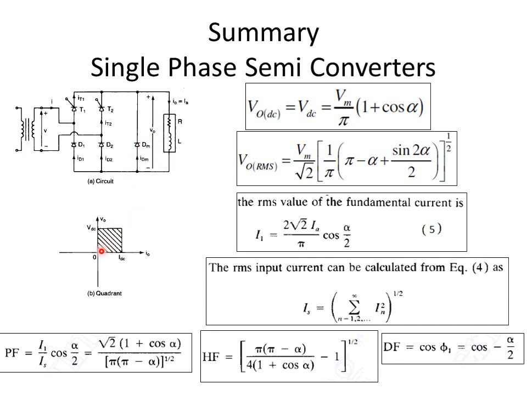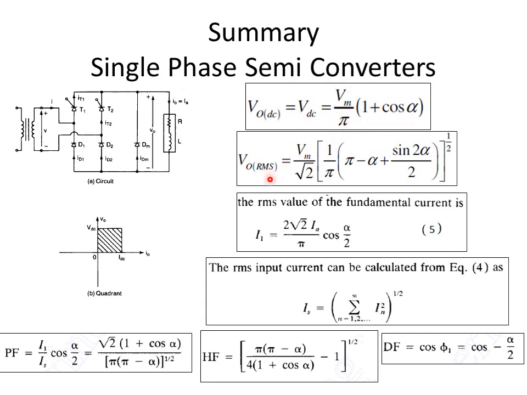So we can very easily say that the output voltage is always DC, and also the current is always positive because it's a rectifier. The current being always positive and the voltage also being positive, this single phase semi converter is also known to be a single quadrant converter. Then we found the average output voltage of this semi converter, and it is given as Vm by pi (1 plus cos alpha).